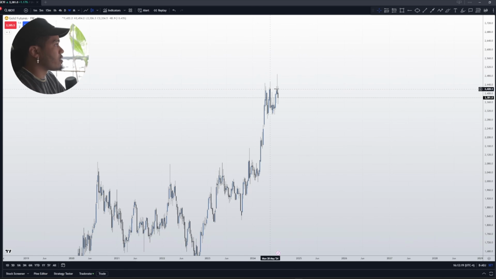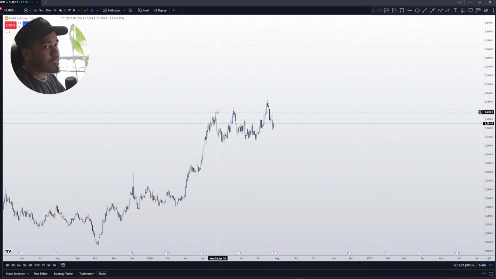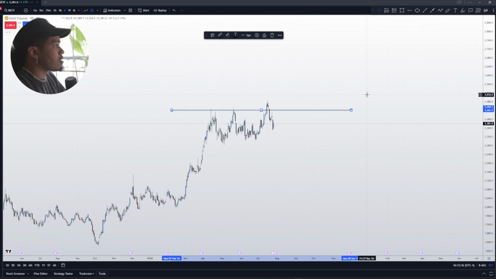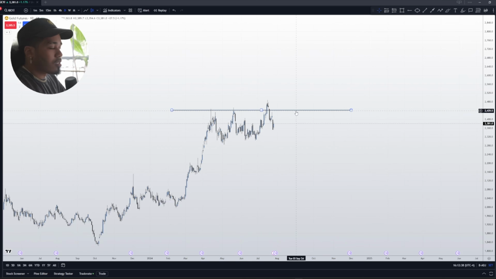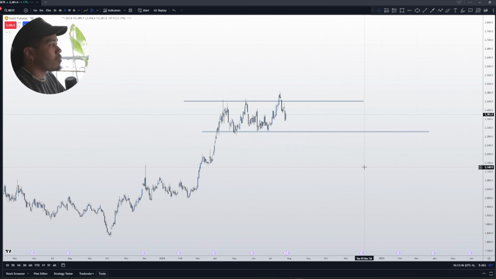I look at the weekly sometimes. You guys can see we got some resistance rejection up here, but I most likely start off on the daily. I'm looking for my major supply zone. Right here, you can clearly see I have it as a blue box on top. And then right here, you guys can see that I have a demand zone. So what gold is telling me is that price is ranging sideways between two major levels. You guys can clearly see that we're bouncing from this level to that level, and so on and so on.